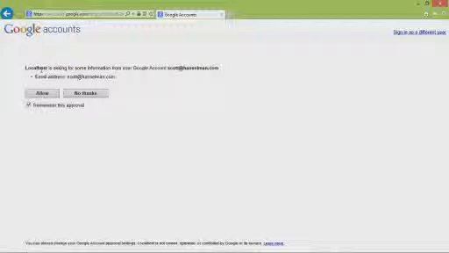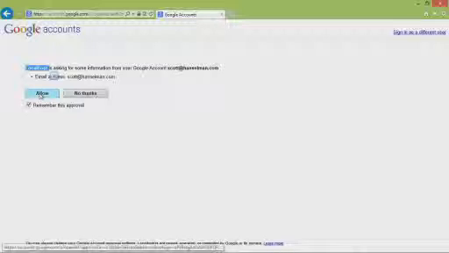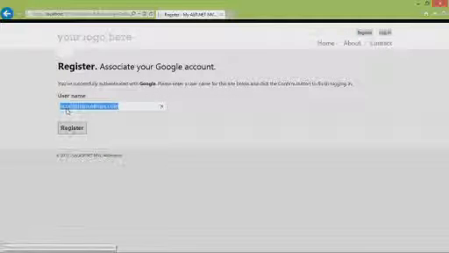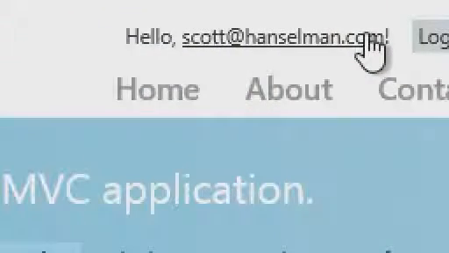Now it's saying localhost. See how helpful they are? Unlike Twitter, that's like, no. Probably for a number of reasons they're doing that. Okay. Associate your Google account. You have successfully associated with Google. Enter a username. So I could say whatever I wanted to. So we got that username back from Google. So now I'm logged in